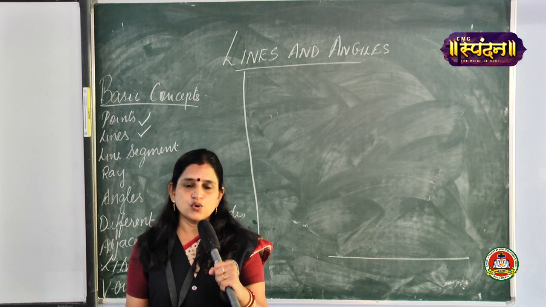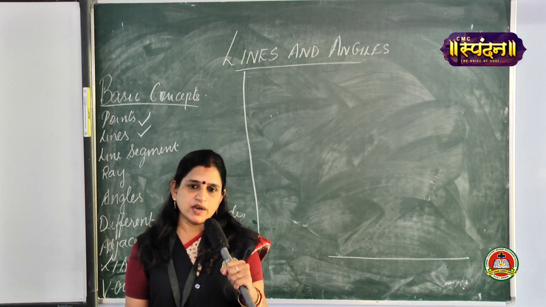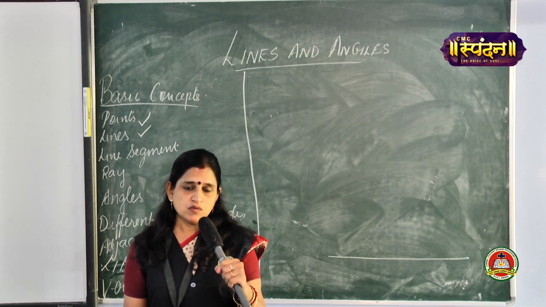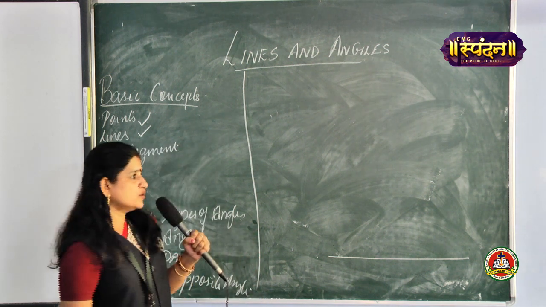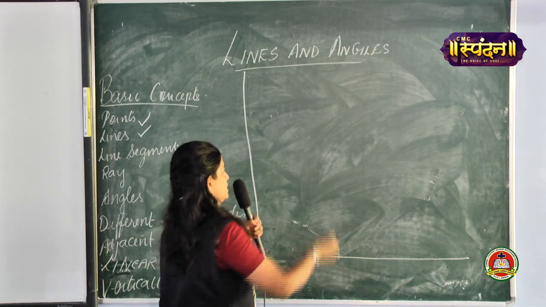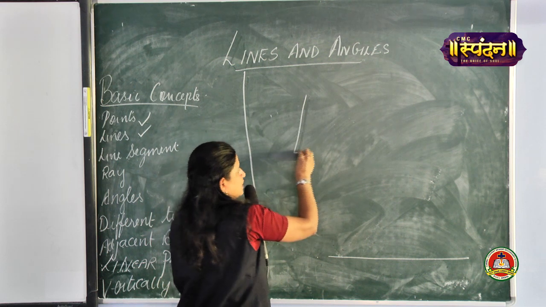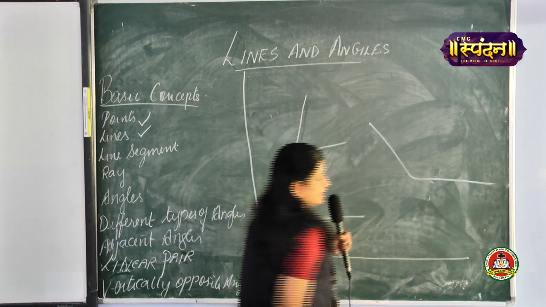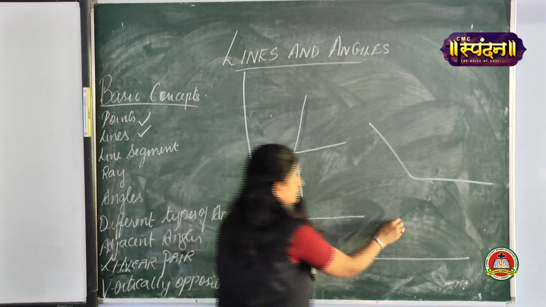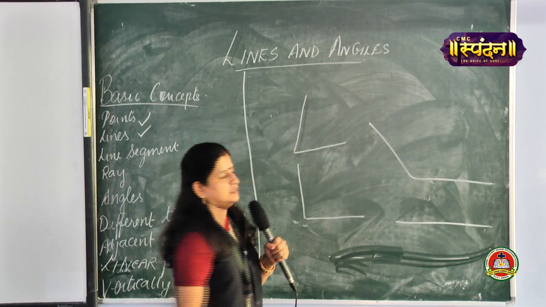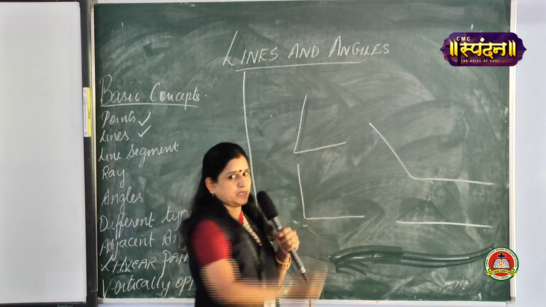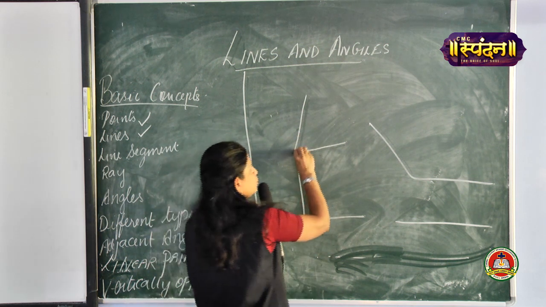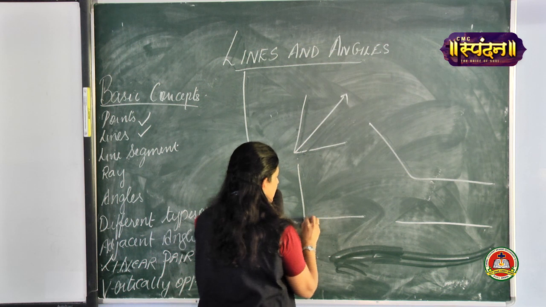So far I have shown it using the PowerPoint representation. Now let us move on to how you get the adjacent angles. See, so far you had only acute angle, right angle, obtuse angle, and reflex angle or straight angle also. So many angles, whatever you have learned. These had only two rays. Suppose I am going to introduce one more ray over here.